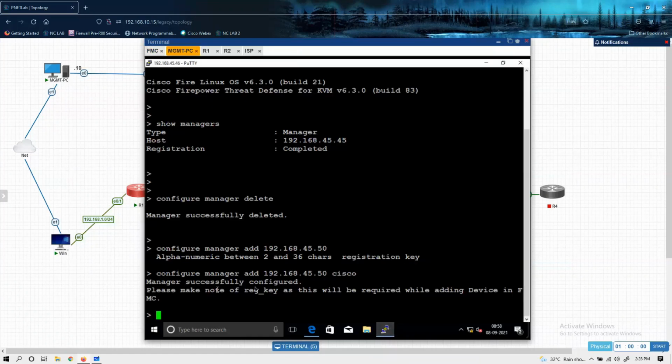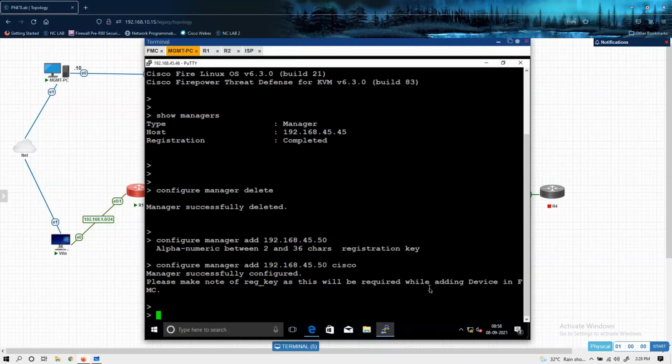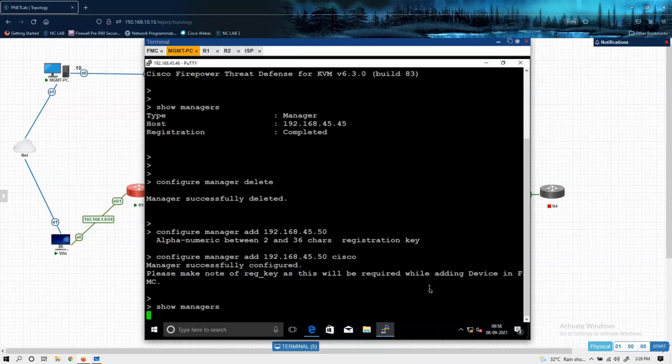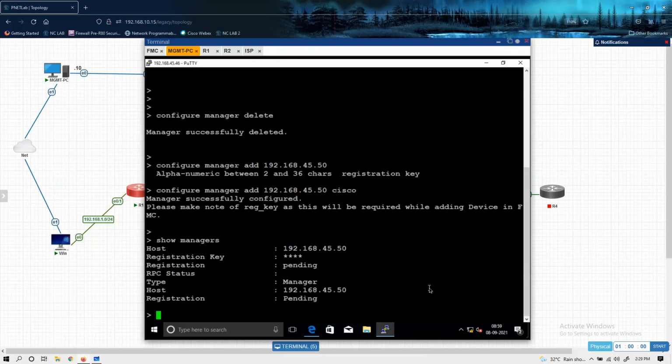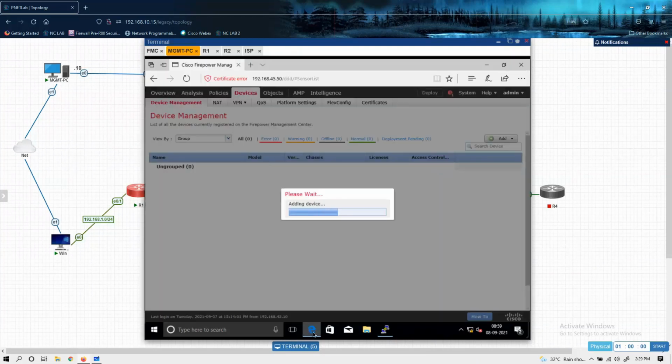Here it is saying manager successfully configured. Please make note of registration key. Show managers. It is pending right now. Right now registration is running.